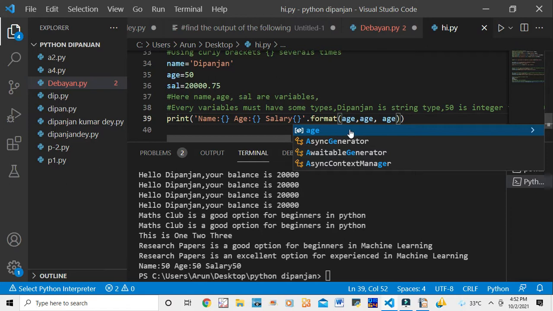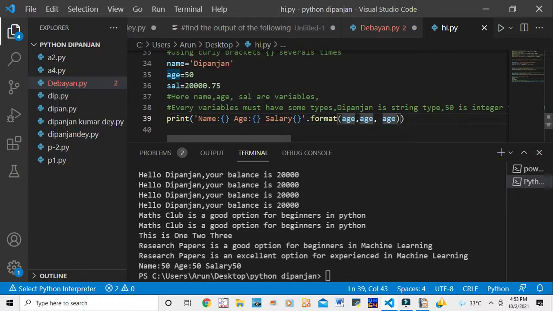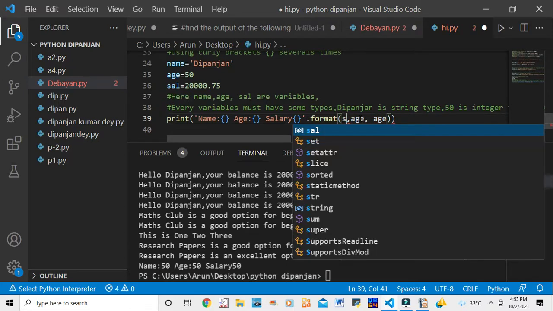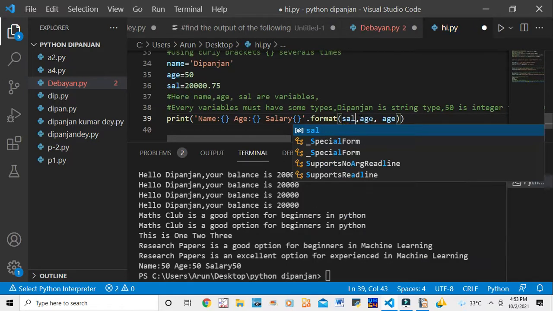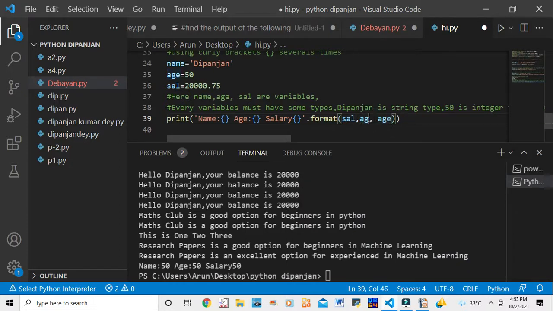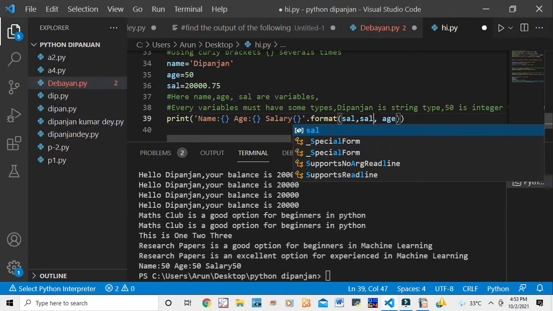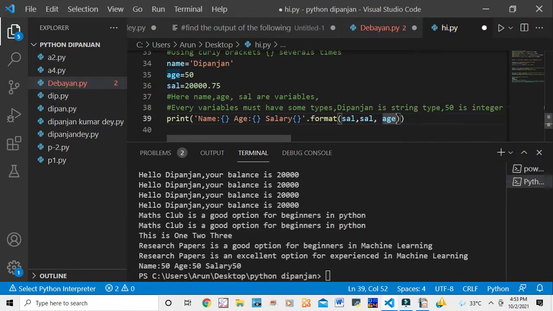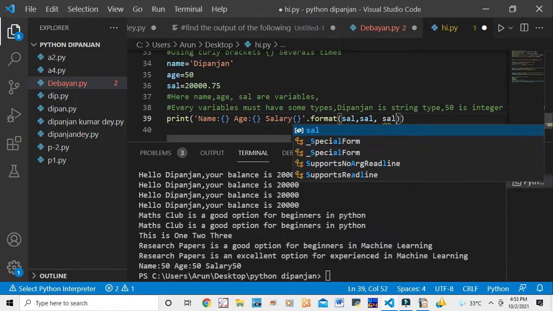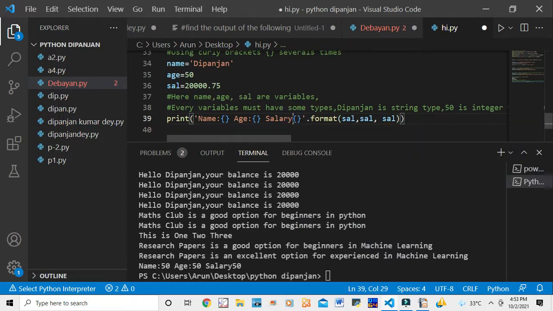If I write salary, SAL, in all the places, see the difference. Here also I am writing SAL, and here I am giving a colon also.